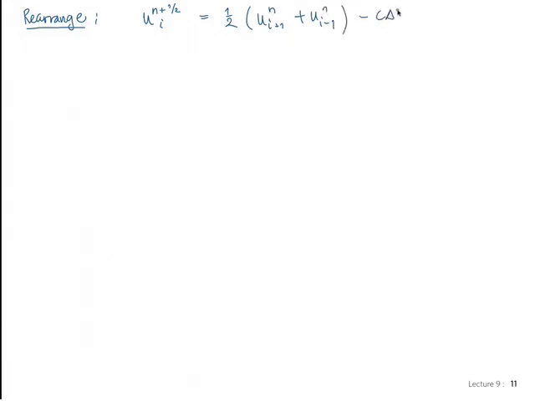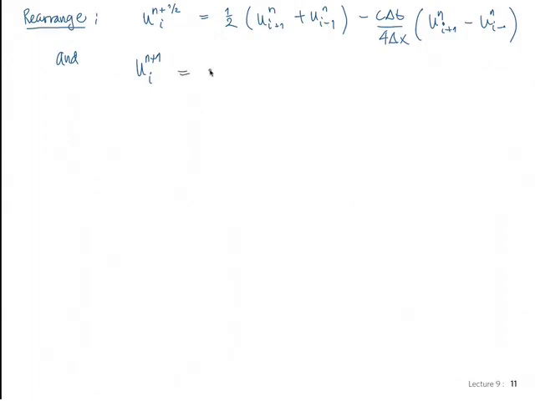Minus c delta t over 4 delta x, 4 carried over from our previous derivation, and we have u^n at i plus 1 minus u^n at i minus 1. So here's our first equation, and our second equation takes us from n plus 1/2 to n plus 1,